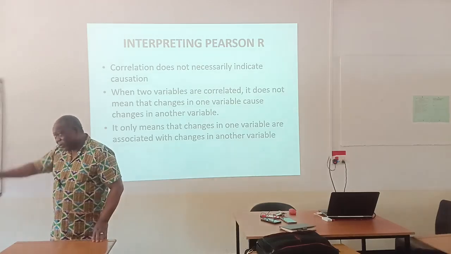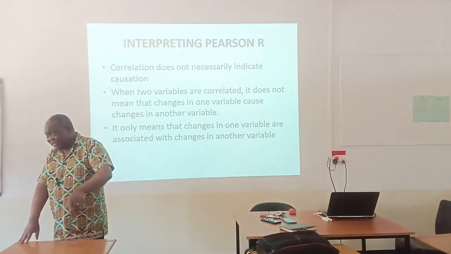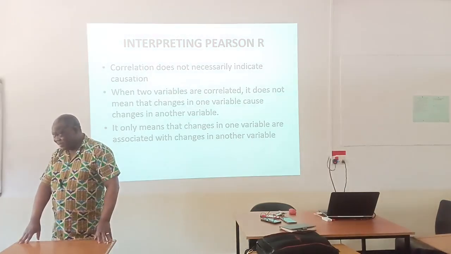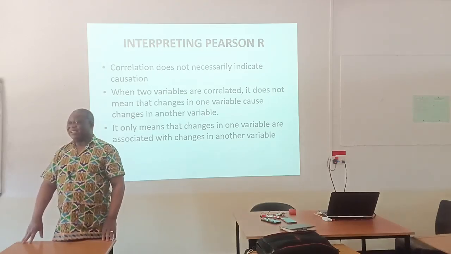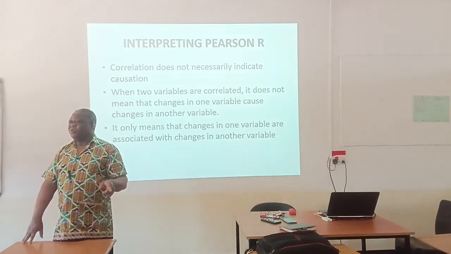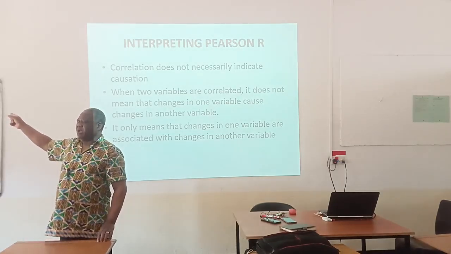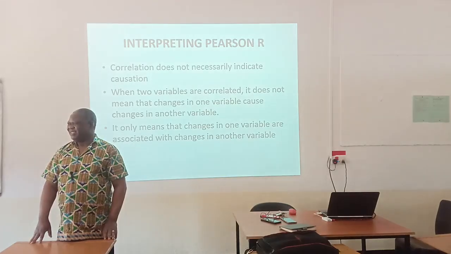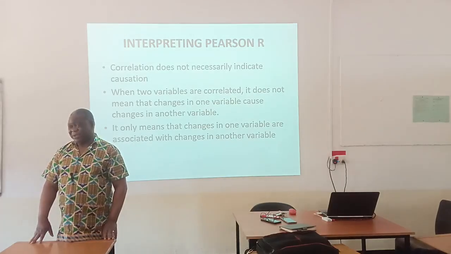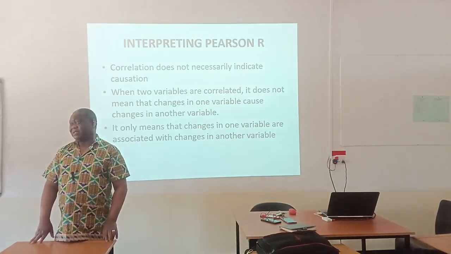So you'll be looking at grades in primary school versus levels of nutrition. You have to correlate and be able to say, if you feed your child very well, he or she is going to perform high at the university. So the correlation coefficient is a very useful statistical technique,